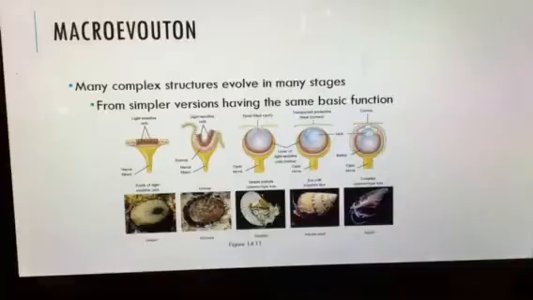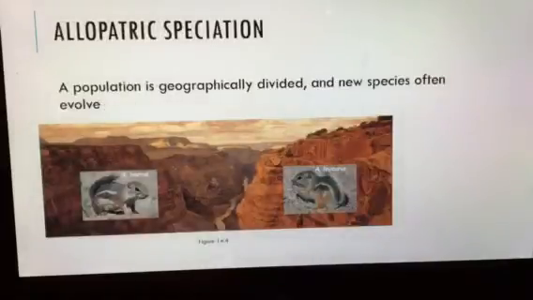Geographic isolation is just one way to explain how macroevolution occurs. The other way is allopatric speciation. This is where a population is geographically divided. New species often arise this way, and so this is, again, part of your macroevolution. In this case, we have two little beautiful chipmunks in the Grand Canyon. These are DNA-wise two separate